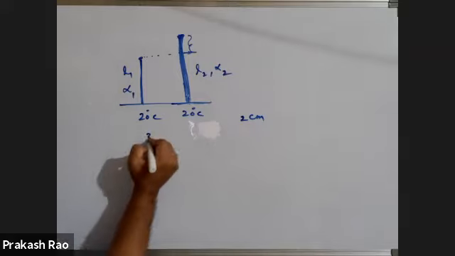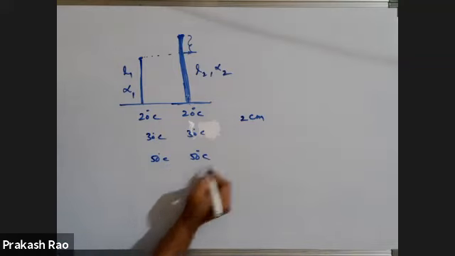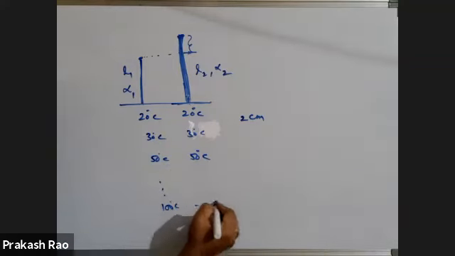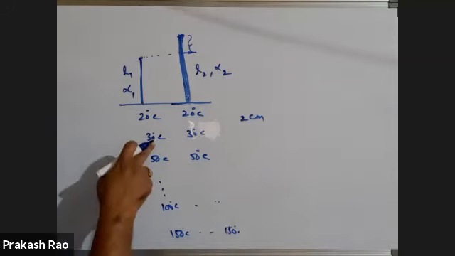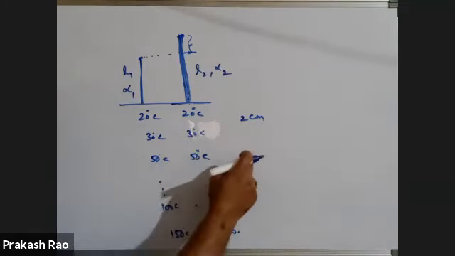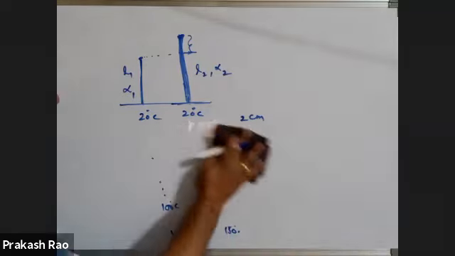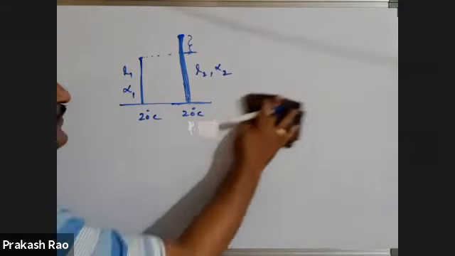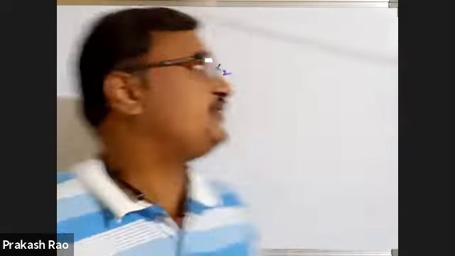Now I am raising temperature to 30 degrees centigrade also. You can raise up to 50 degrees centigrade also. You can raise up to 100 degrees centigrade also. You can raise up to 150 degrees centigrade also. So even at this temperature also, I want to get the same change in length. Please write down: derive expression for, or condition to maintain, same change in length.